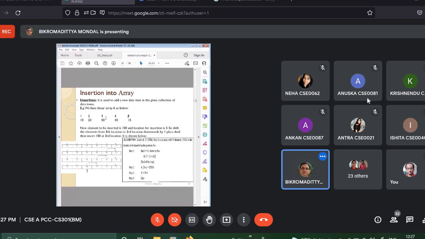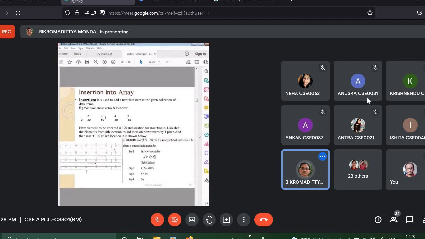Like in the evaluation of an arithmetic expression, we perform it following some precedence. That means some priority is given to the operators, say plus, minus, multiplication, division, and the brackets, parentheses, braces. Depending on their appearance, the value is calculated with their precedence. That is nothing but a priority.